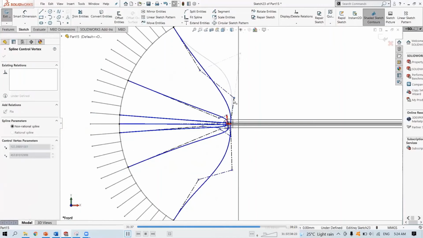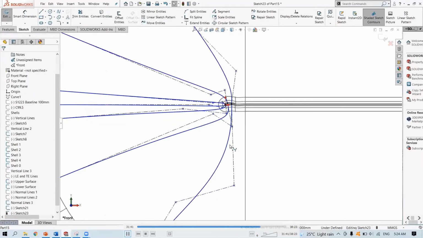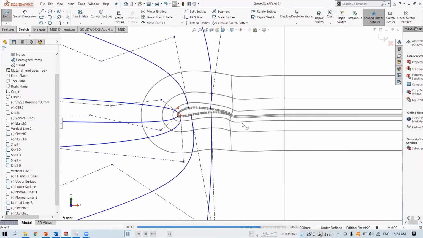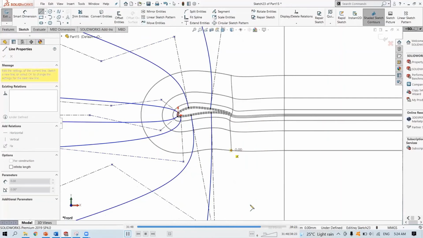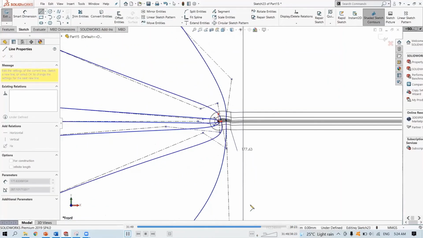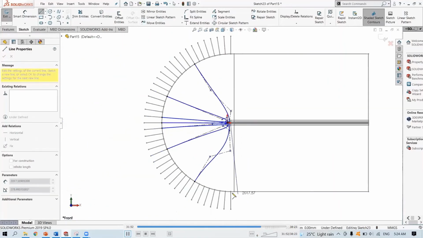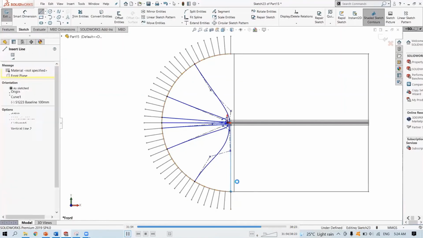Readjust. This one you can just make a straight vertical line all the way down. Same thing on the top.